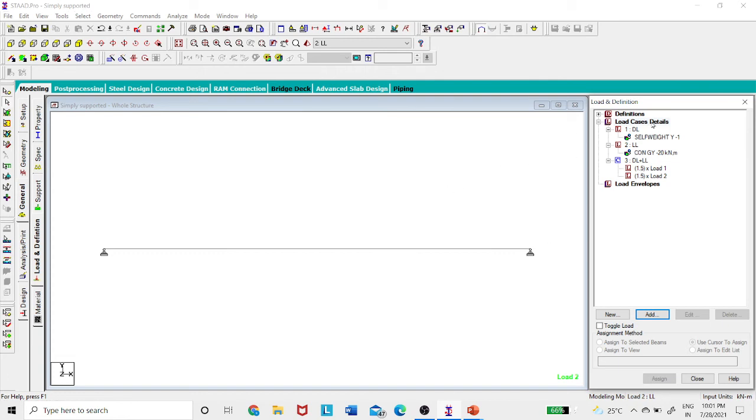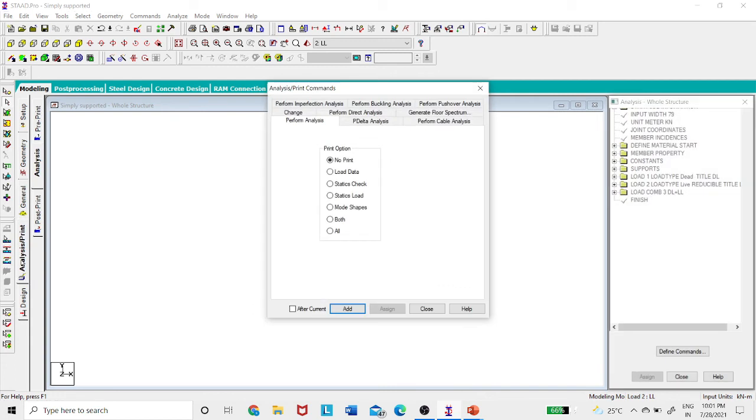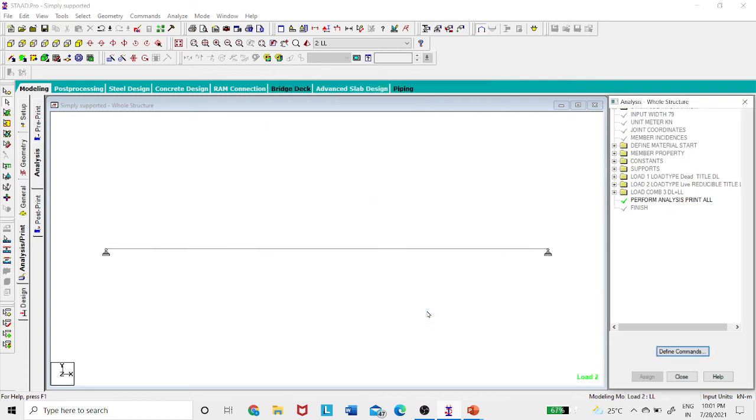So once the loads are defined and assigned, go to the analysis part here. In this window, the print option, you can make it no print or maybe all. Then press add. Once you press add, you can see there is a green color tick mark with the command perform analysis print all. Okay, then close this.